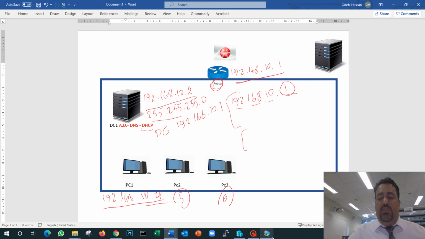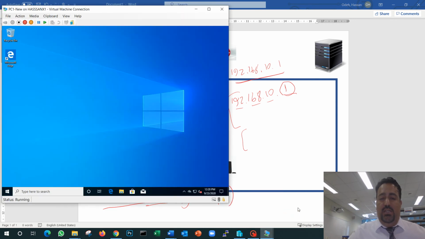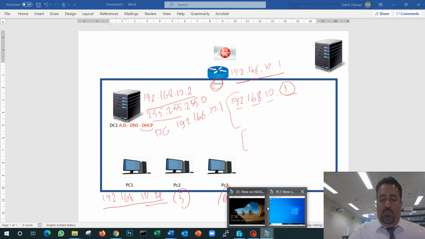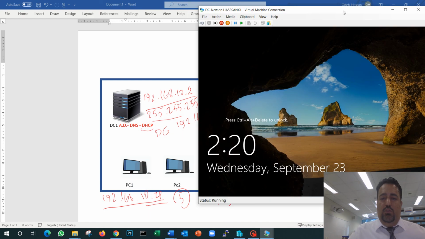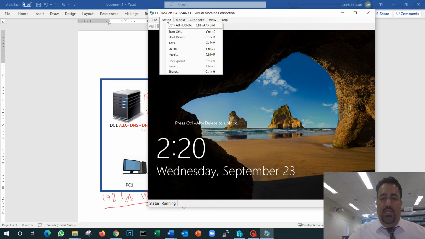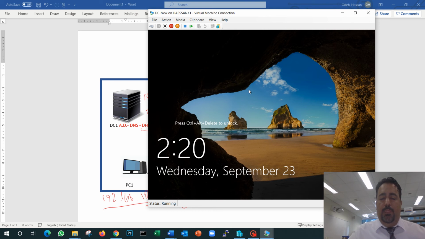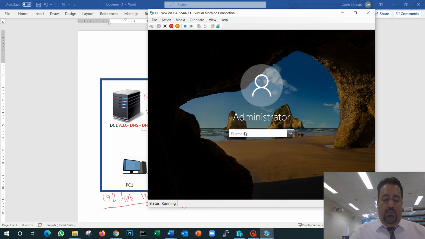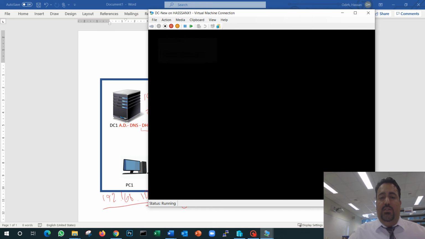Good. So we'll see that. Let's go to the server screen and we'll see how we can do this. Here is my, sorry, this is my Windows 10. I don't need it for now. I'll go to my server. In my server, to log in, I cannot press Ctrl-Alt-Delete on the keyboard. Remember, I am on a VM, so I have to go to the Action menu and click Ctrl-Alt-Delete. I'll enter the password, which is password1. Next, the server will load, and as it's loading, I can enter these details inside the server. I'll give it a few seconds to load up.